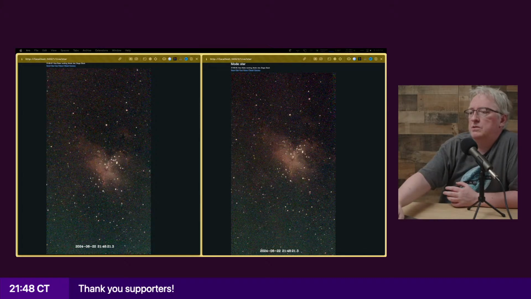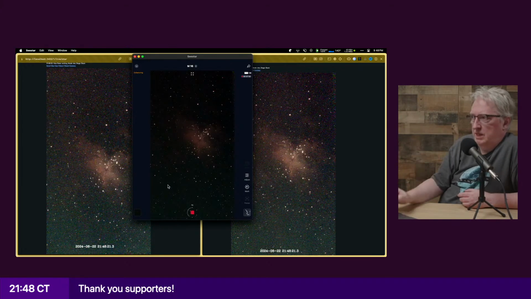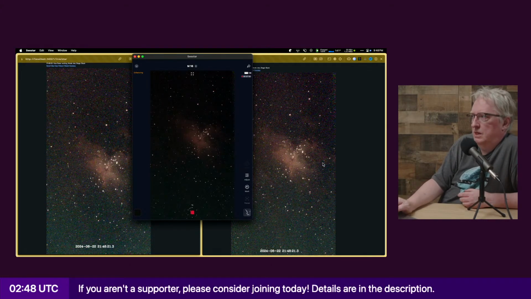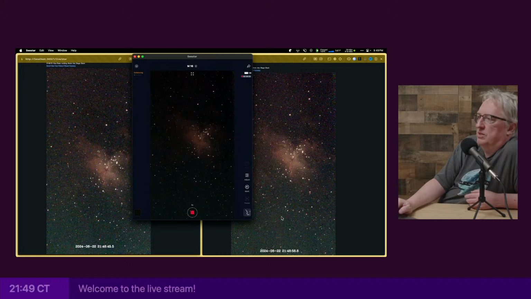But yeah, so here you can see, I still have the app up just to give you an idea. This telescope and this one are the same. This is the B telescope, and the live view is interesting because not only do you see more detail, it's just brighter in general, and you can see a lot more stars. What's interesting is you can see the stacking artifacts more clearly.